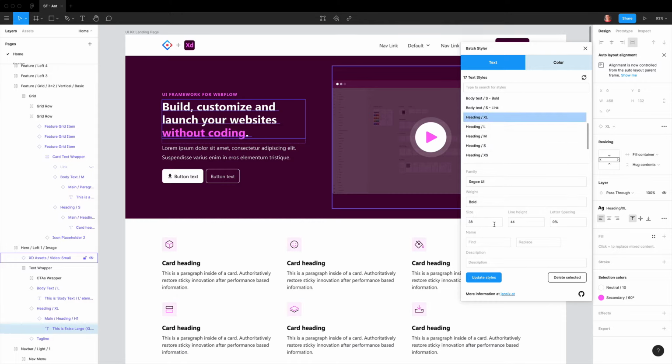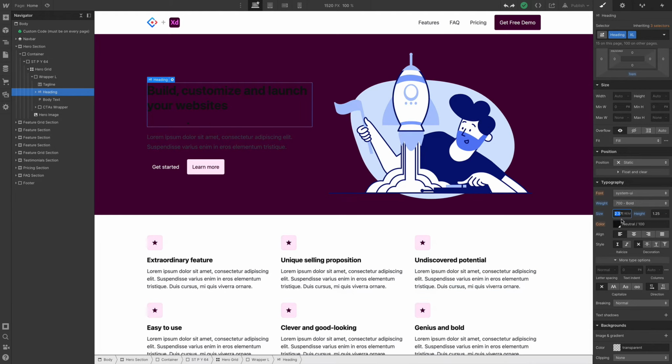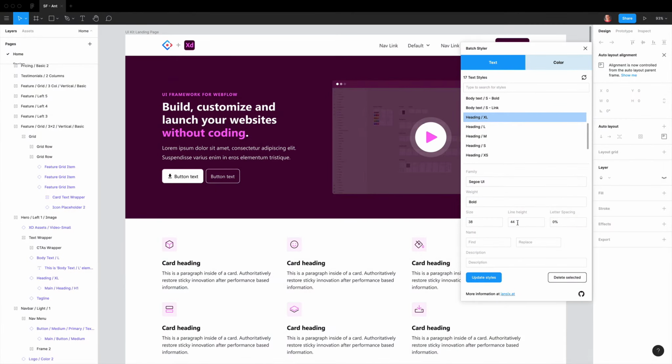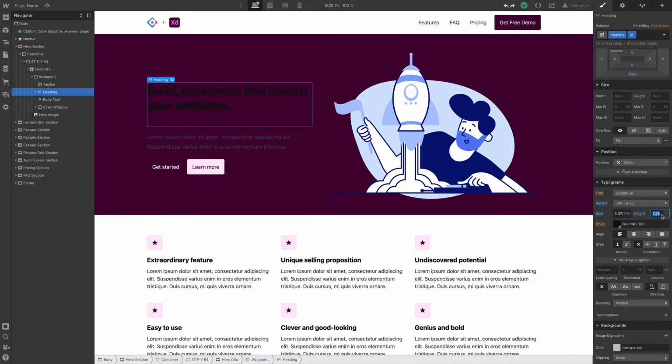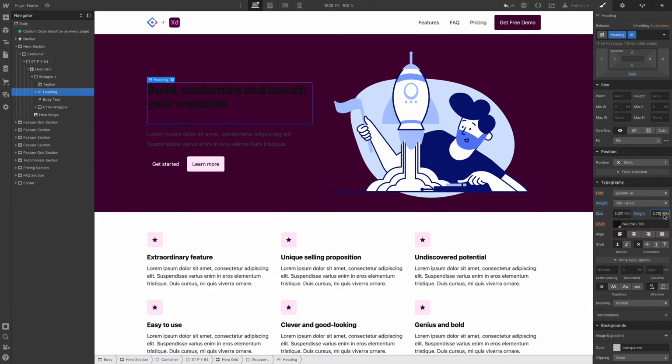For the heading though, we have 38 and 44 line height. So let's go back to this pixel to rem calculator and let's see where we have this 38. It's 2.375. So it's exactly the same as we have. But for the line height, let's calculate this into rems. This is 44. Let's go back to the calculator, and this is 2.75 rem. So let's copy that and paste into this field, return, and here we have the right line height according to